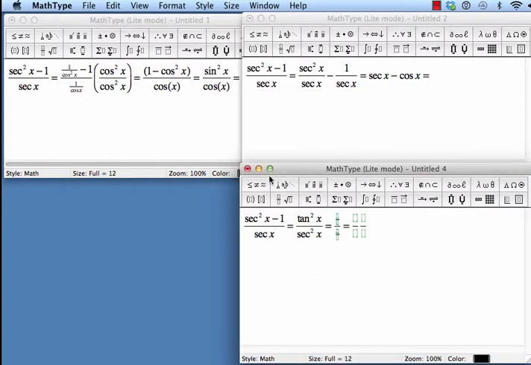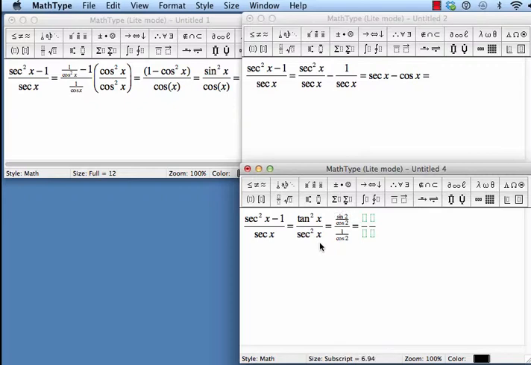So probably the fastest approach, and what I saw probably 10 out of 30 people do, is notice right away that secant squared of x minus 1 can be rewritten by using a Pythagorean identity. That's the same thing as tangent squared of x. And so this, if you split tangent into sine squared over cosine squared, and in the bottom secant is 1 over cosine squared,